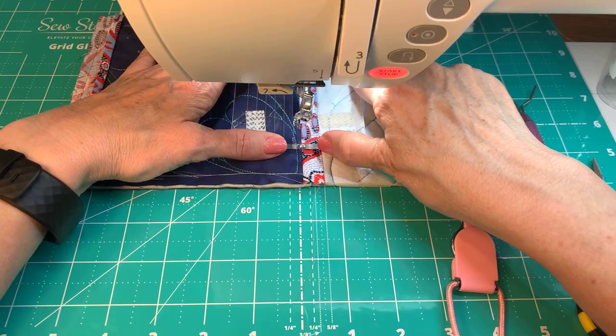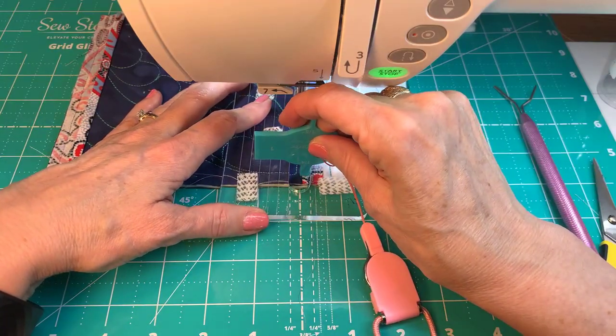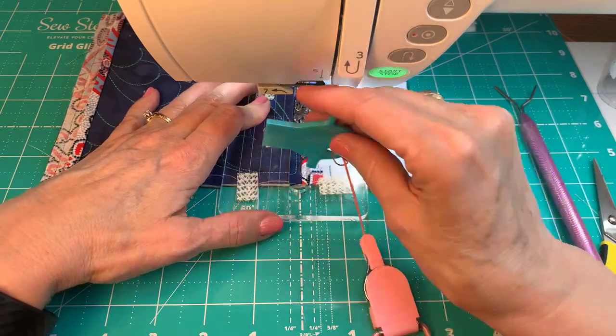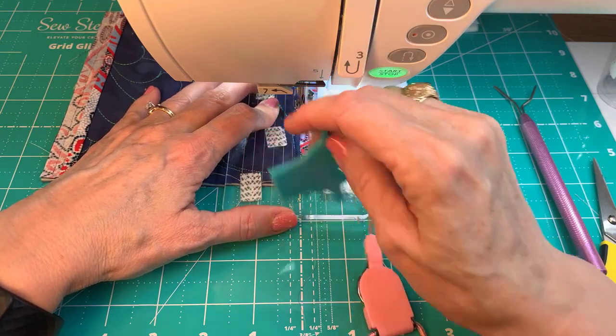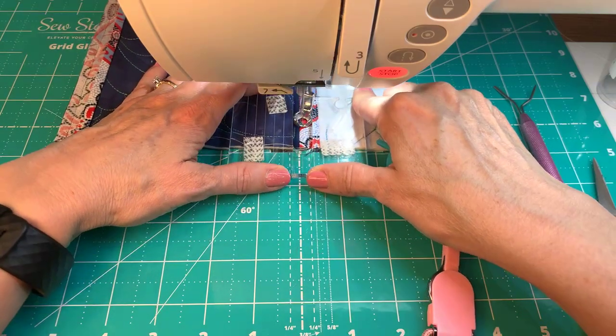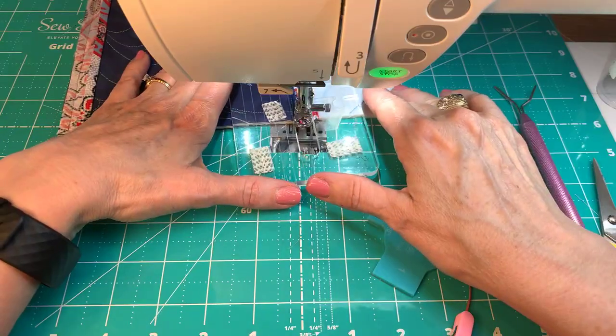So you could line up all of your pieces that require this and just stitch them all in a row. And that's the part that I really like, is that you're going to be able to just stitch everything. You won't have to worry about anything. You won't have to change threads. You can just make it match just one of them. And you can sew all of the pieces completely on